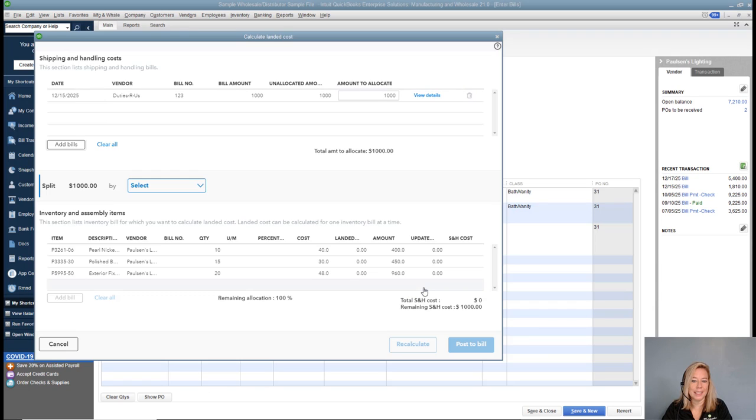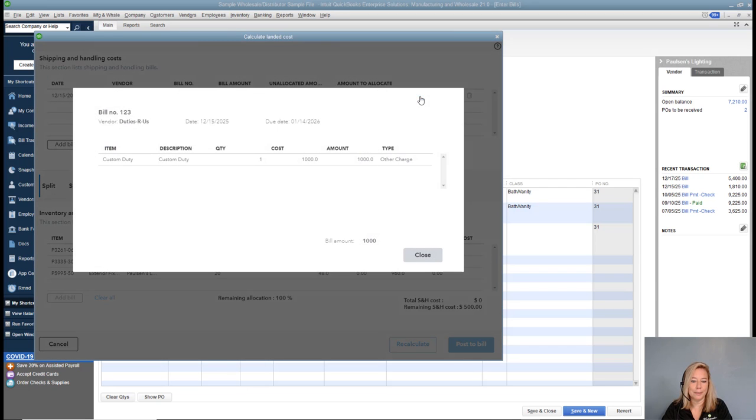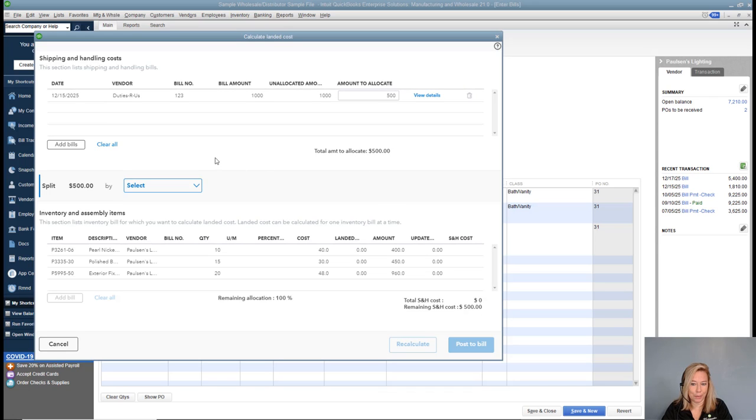Choose the amount you want to allocate. For example, if the total amount is for 2 separate vendor bills and you need to divide that amount in half, you would choose $500 to allocate. You can view details for more information regarding the bill. Now you need to choose how you want to allocate your bill. Okay, there's a lot in this section to go over, so let's first toggle over the Select button to see